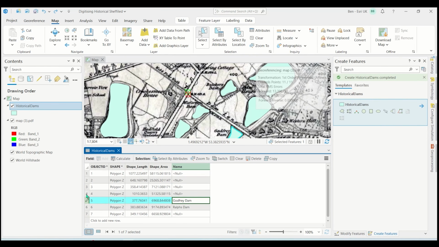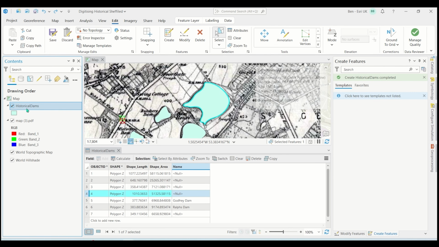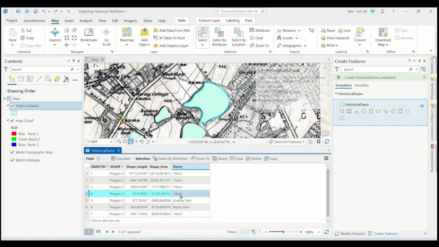And then I'm going to do the opposite this time. I'm going to click a row in my field, and you'll see that it's then highlighted the feature that I've got selected in my attribute table. So I turn that off. I can see that's called Old Great Dam. So again, I can double click and call this Old Great Dam. And then I can go through and give each of these names, which I'm not going to do now,